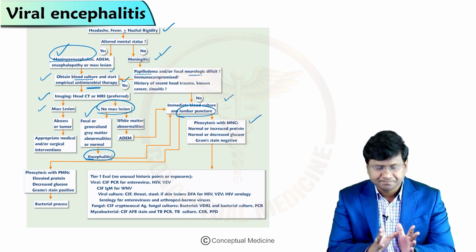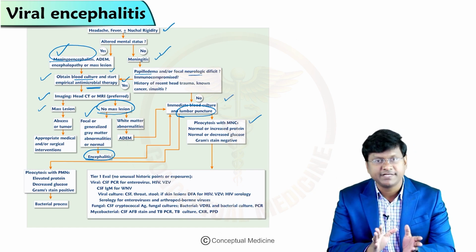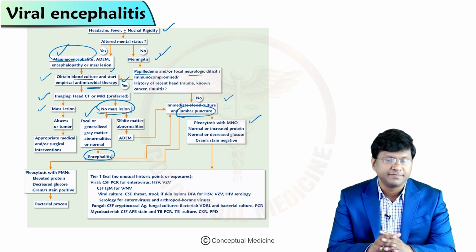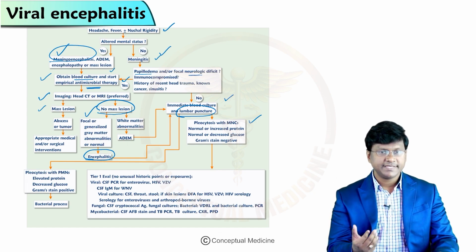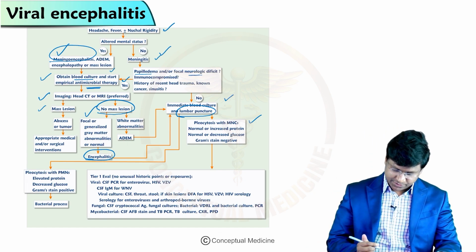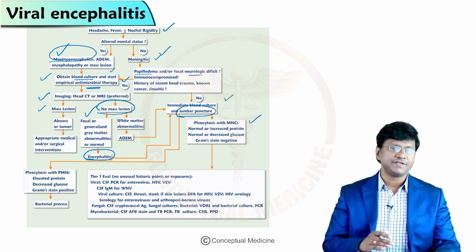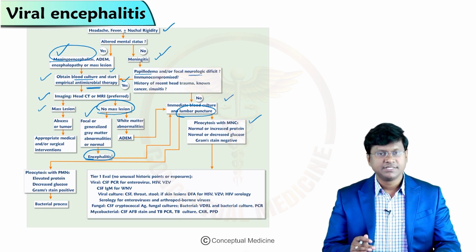So basically, patients with viral encephalitis will have headache, fever, and plus or minus nuchal rigidity. And altered sensorium will be there in patients with meningoencephalitis, and they also can present even with seizures, right? Okay, so this is about the clinical features and as well as workup differentiating meningoencephalitis and